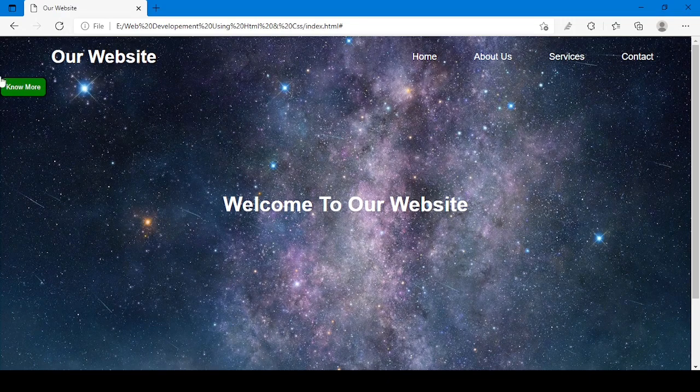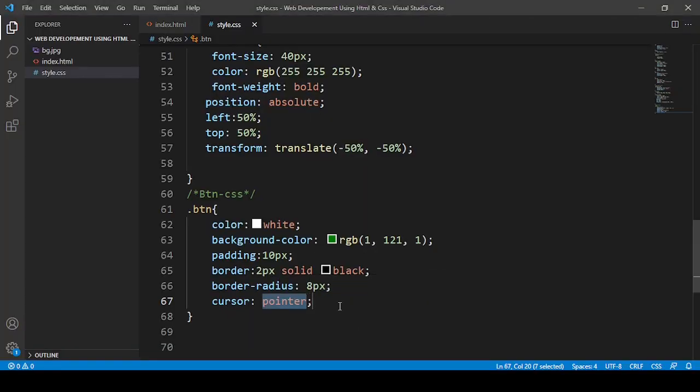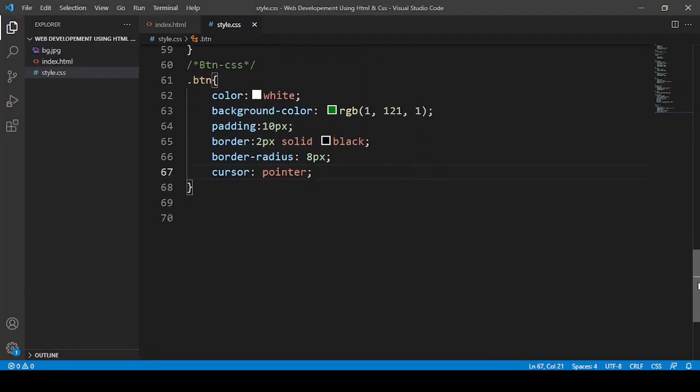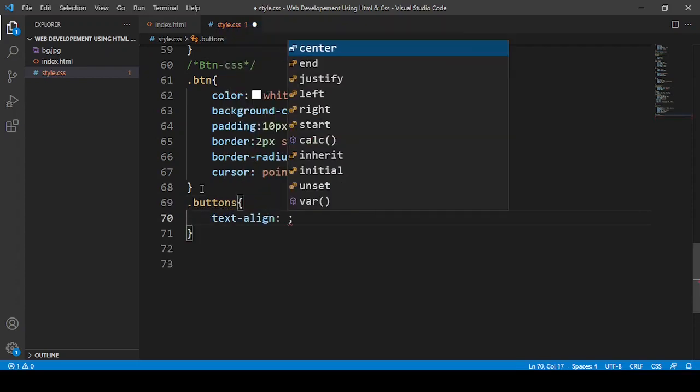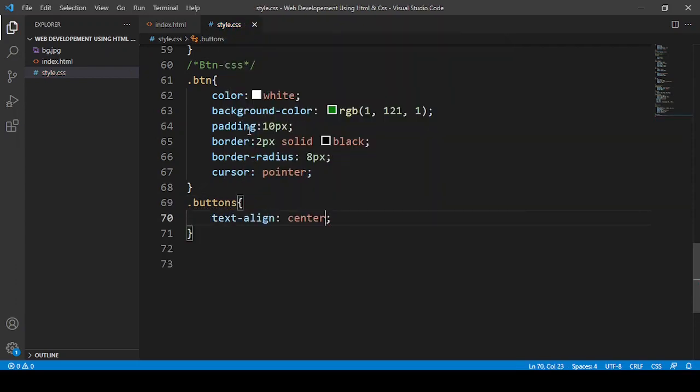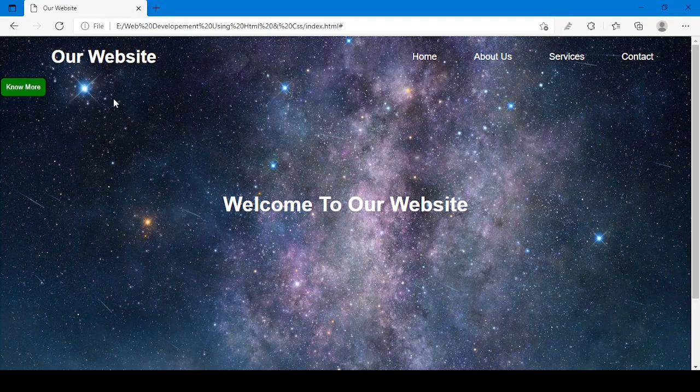Okay, so now the first thing I can do with it is make it align in center. For that let me first point here to buttons, text align center. I can do this here also.